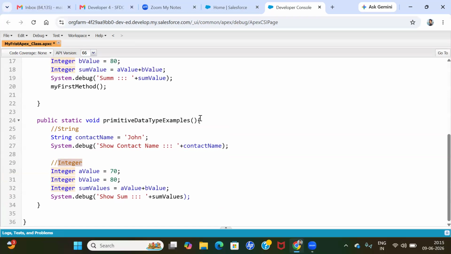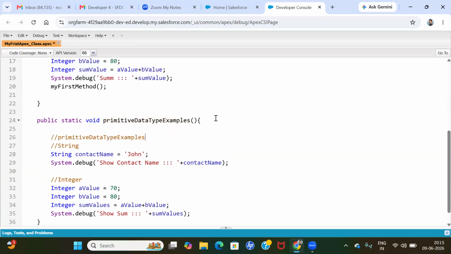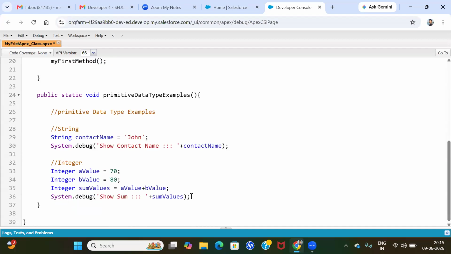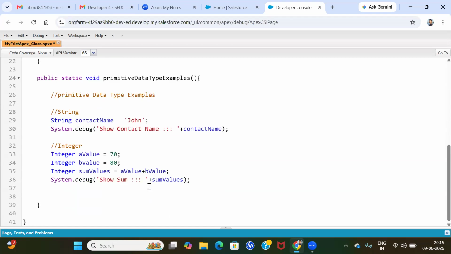Now it is a primitive data type, guys. This is a primitive data type example I'm showing to you. After that, what is the next step? Enter. Now decimal,